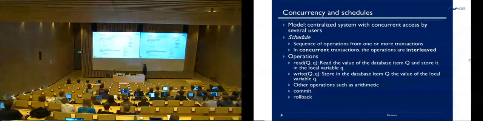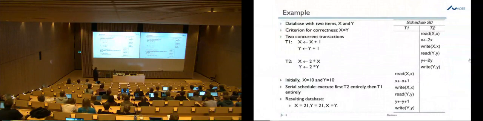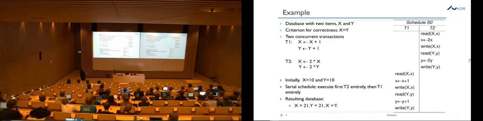So to make all this concrete, here is an example of a schedule. Here on the right-hand side, you see a schedule called S0, and actually there are two transactions that perform kind of concurrently. As you can see, they are not so much concurrent. You have transaction T2 taking place very early, in first priority, and then you have transaction number 1. So that's one possible serial sequence. You see 2 comes first,